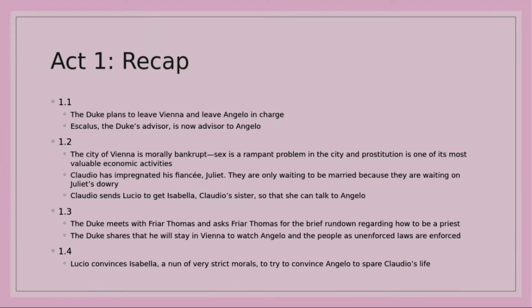We also learn a lot about who the Duke is. We learn a lot about who Angelo thinks he is. We learn about Escalus and how his temperament lets him stay calm in the face of drama and theatrics. We also know about Isabella, and we know a little bit about Claudio. Also, we kind of see Lucio a little bit, and we realize that he's kind of an idiot, right? So those are the big things that we should have pulled from Act 1.